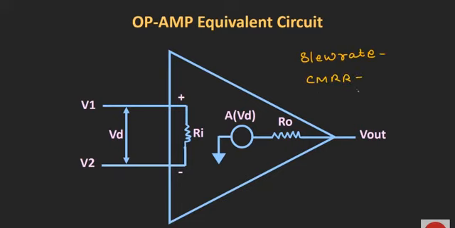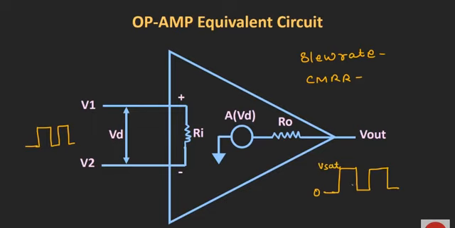So we will see more about these different characteristics in detail in separate videos, but let us see the basics of these different characteristics. In a simple way, the slew rate is basically how fast the op-amp is able to reach its final value, and that is particularly useful when we are applying a square wave to the op-amp. So let's say we have applied this square wave to the input of this op-amp, and at the output we are getting this output waveform that is varying from 0 volt to the saturation voltage.